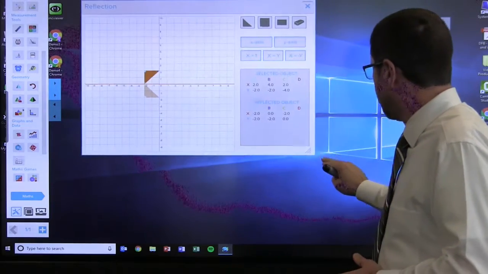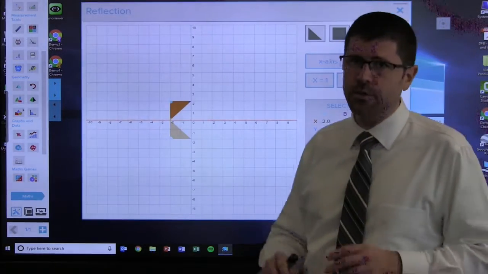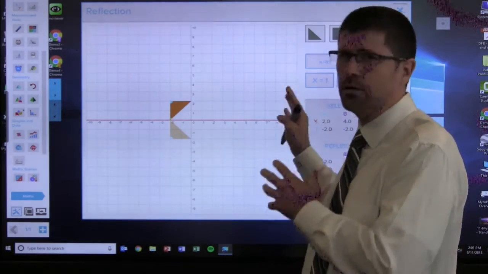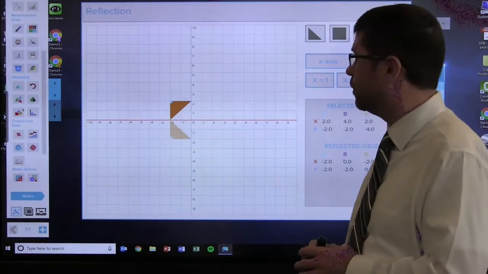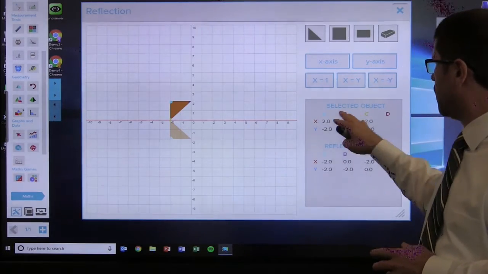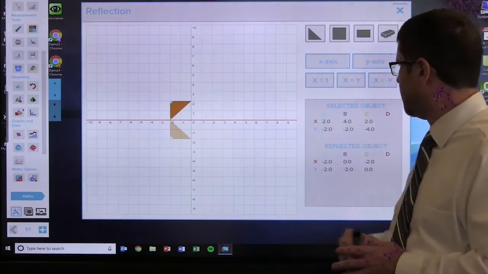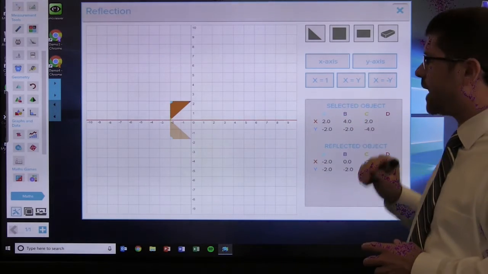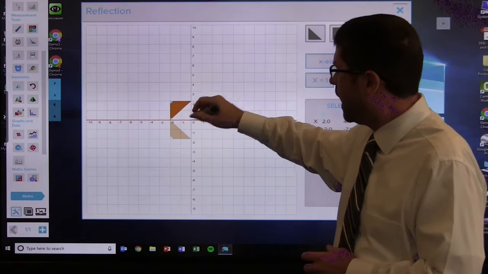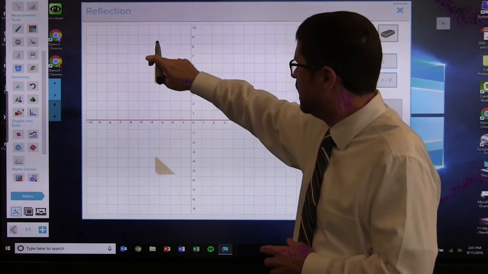reflection. Now I'm not going to pretend to know everything about geometry because I certainly do not, but those of you who are geometry teachers out there will know exactly what to do with this tool. Over here we have all of the coordinates for our shape, our selected object, and then the reflected object. You can see I have my X and my Y coordinates. I can change the shape at the top, and basically what it allows me to do is it allows me